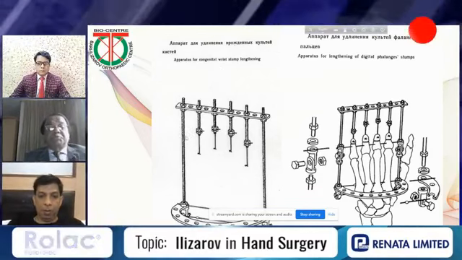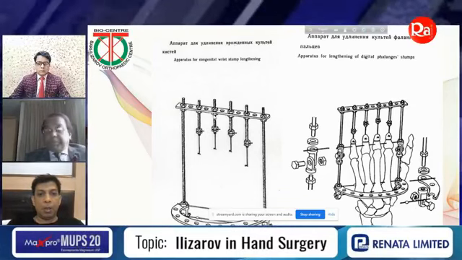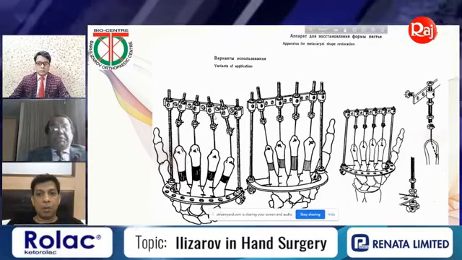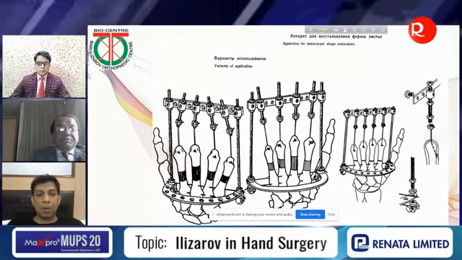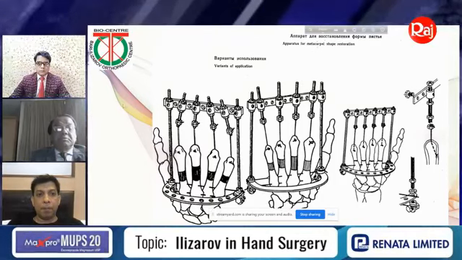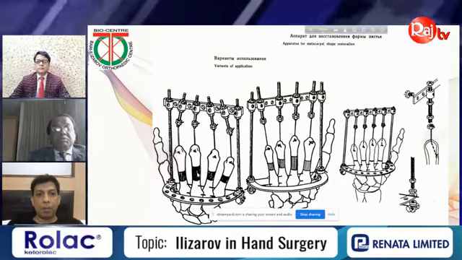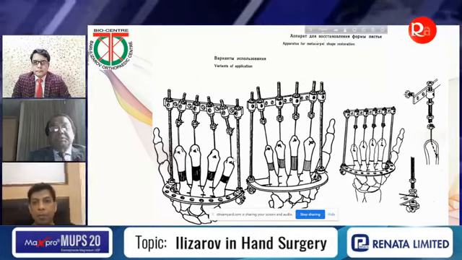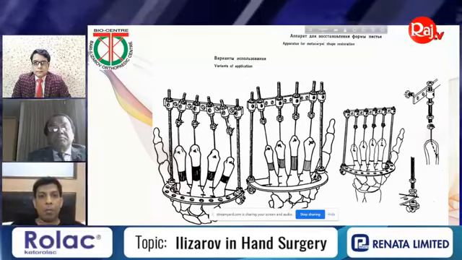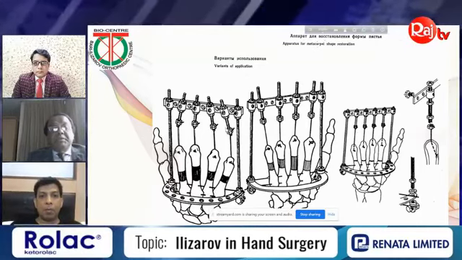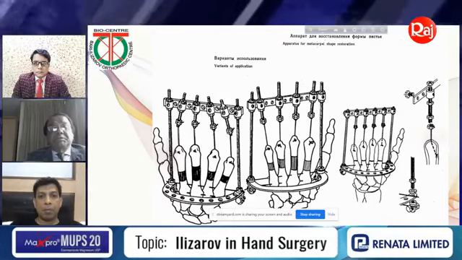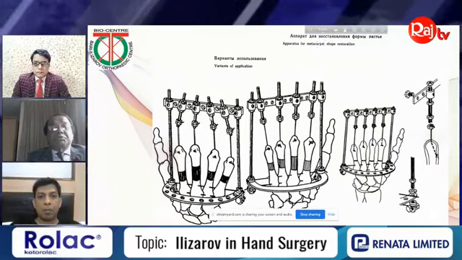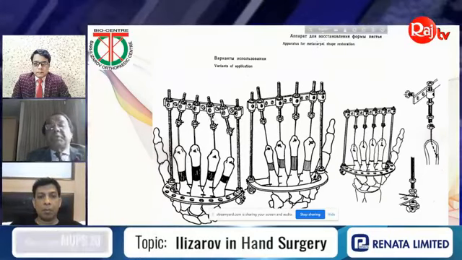This is just a picture I have shown you of how to put the apparatus. Now, here you can see this is a variety of applications. You can put like this, here left side. See, this is regenerated bone. Bow here, just fixed like this. And gradually, whenever you are going for lengthening, just see, here is the nut, here is the nut. Inside and outside, inside and outside. You just rotate 2 times, 3 times, 4 times, depending upon your case.